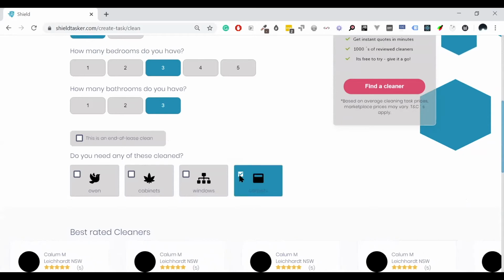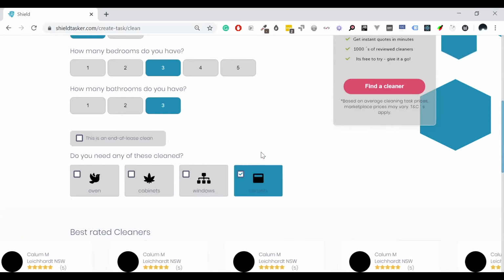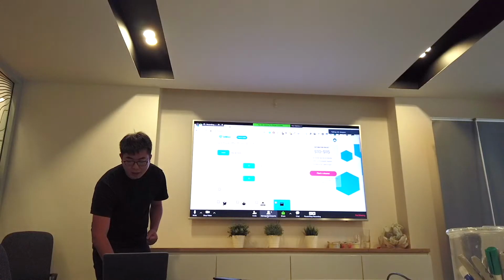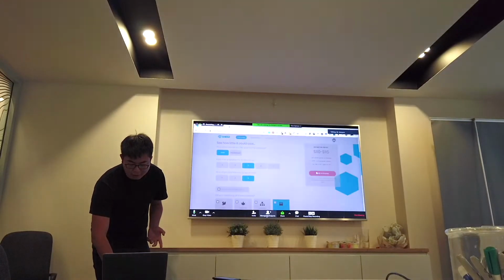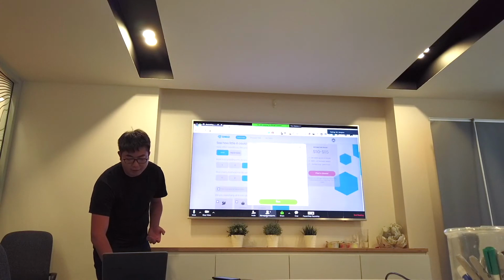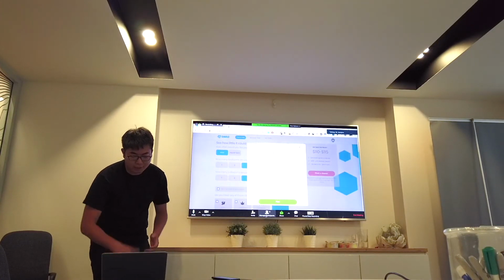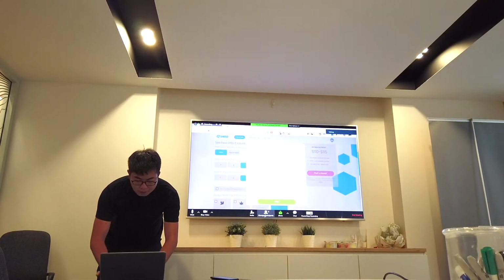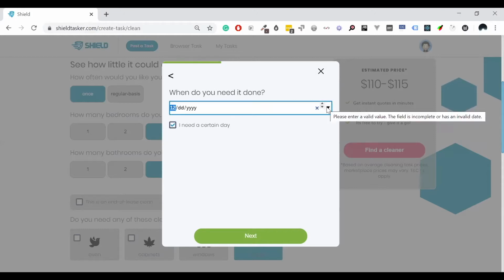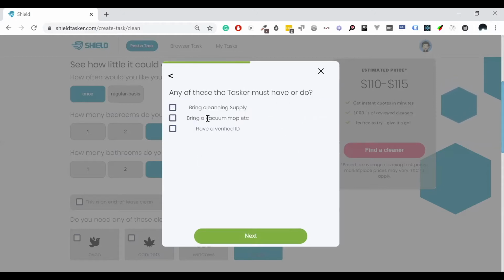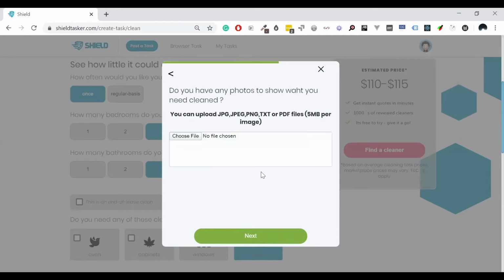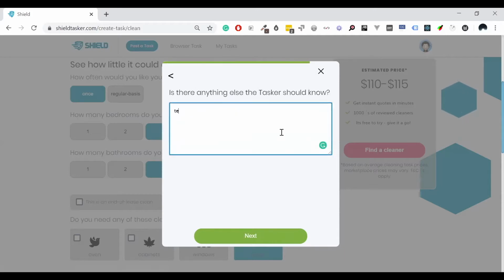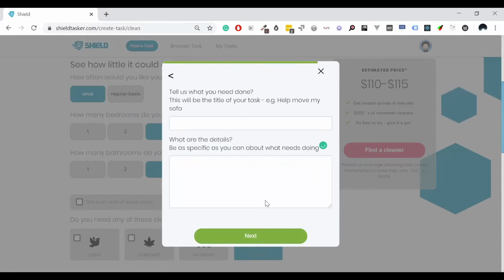And this is for any other services like cleaning windows or any other stuff. After this, you can find a cleaner by typing your own information. This is an input bar with auto-complete function. For example, you can choose the date here. And once you click next,